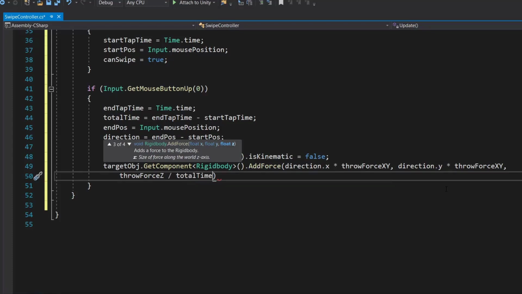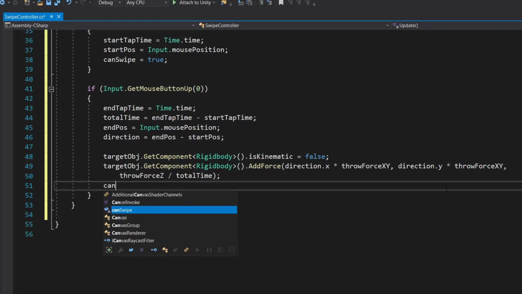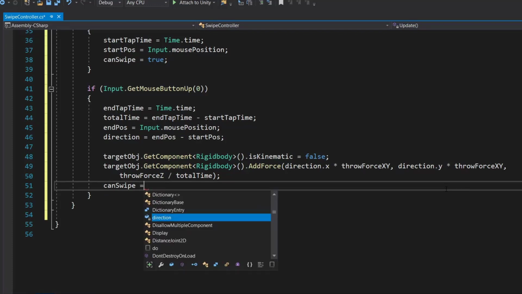This makes sure that if you take more time in swiping, our z force will be less. So the faster we swipe, the more the force will be. After that, we will set our canSwipe equal to false.